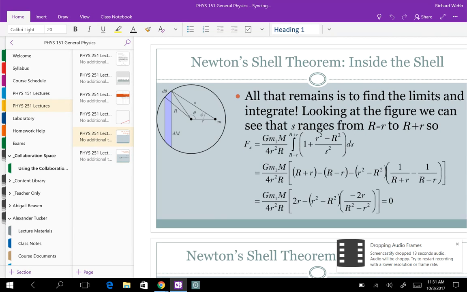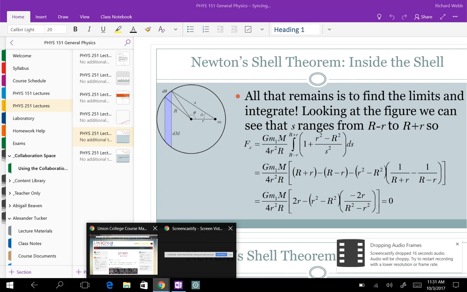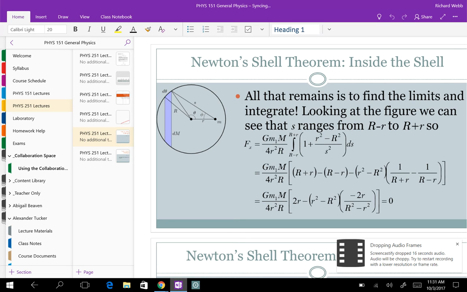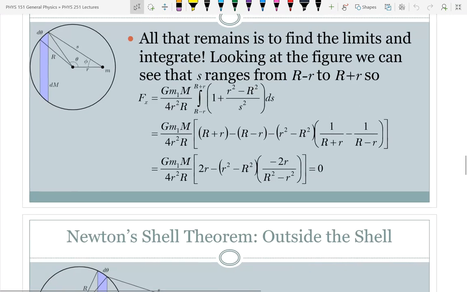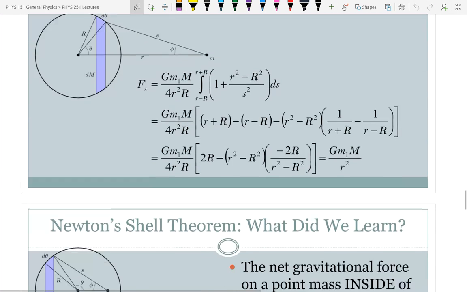Dropping audio frames. Well, the sound's going to be garbled from here on because it's dropped 14 seconds worth of the lecture so far. I rebooted everything to try to avoid that. That's disconcerting. Okay, so